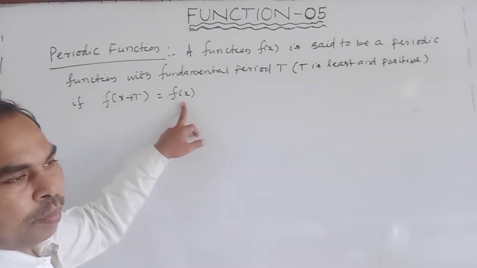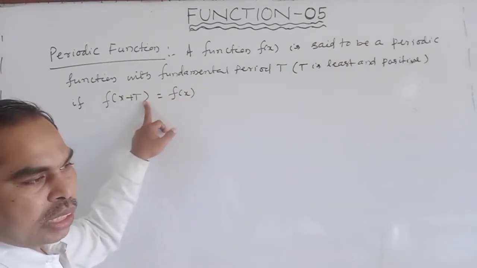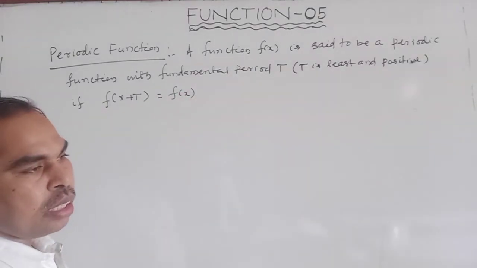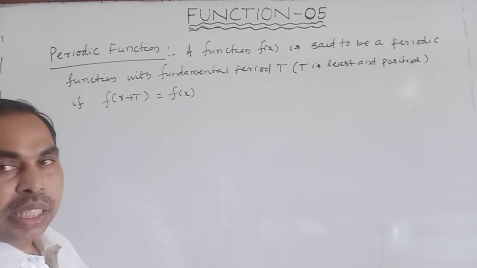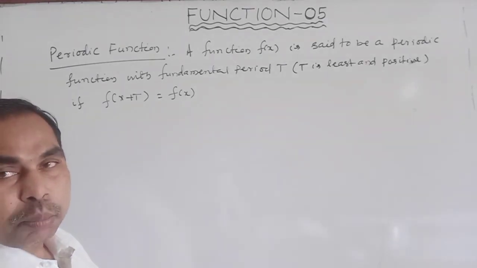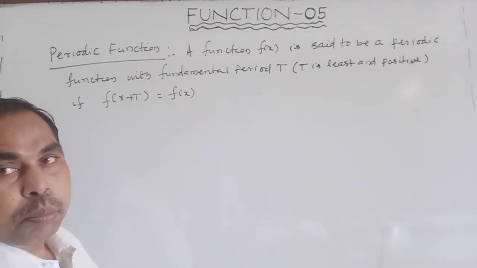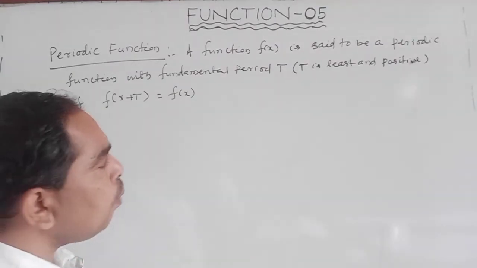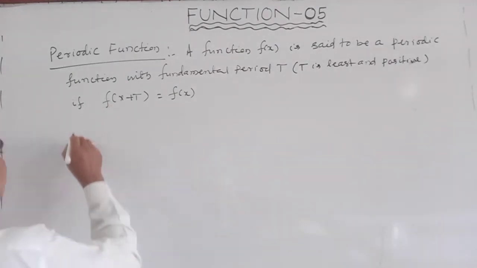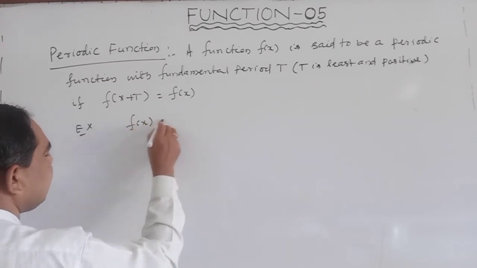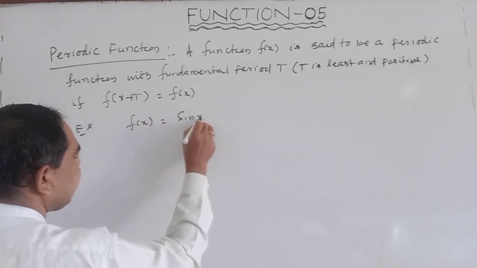If we put x equal to x plus T, the function does not change, then T is the period. If T is least and positive, then it is called fundamental period. Okay,